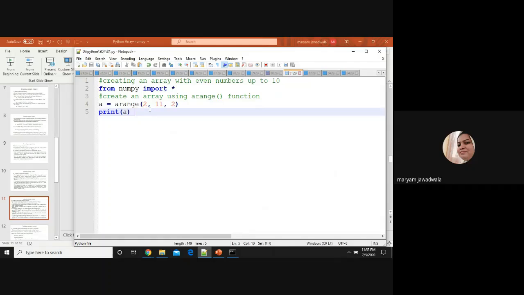I want to print the even numbers, so I start with 2, and the even numbers go up to 10, so at the end I write 11, because 11 minus 1 is 10, and the step size is 2. So it will start printing with 2, 2 plus 2 is 4, then 6, then 8, then 10. So if you run this program,